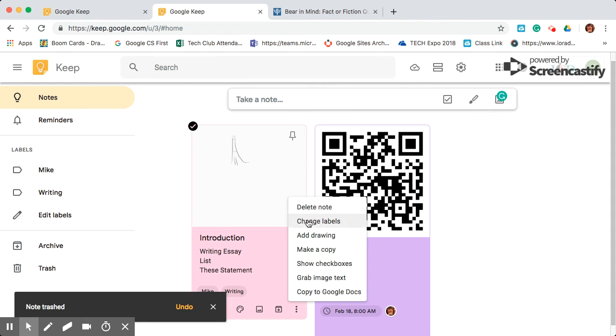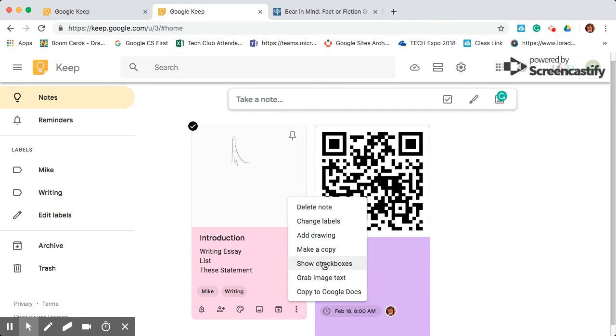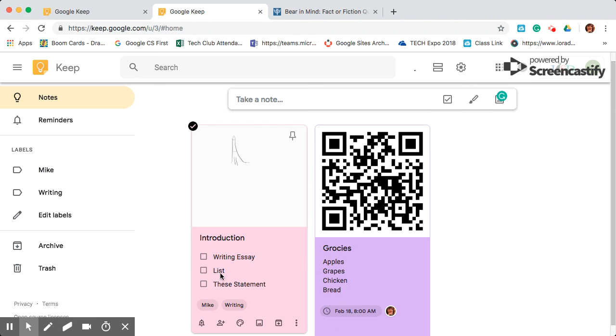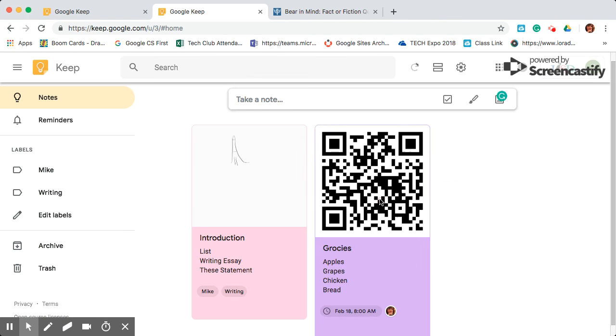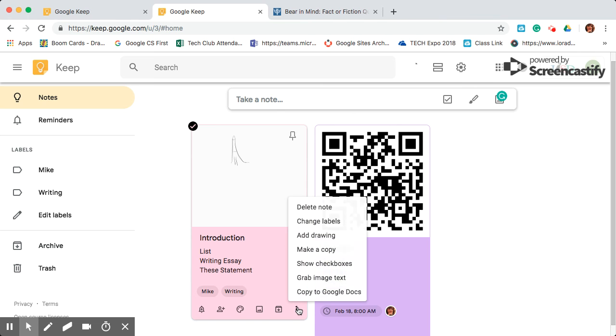Again, I'm going into the more buttons. We went to delete note. We changed labels and added labels. We added a drawing. We made copies. You can show them in text boxes. As you have done those text boxes, it kind of scratches them off though. So it's preference for you if you want to use text boxes, if you want to hide the text boxes, or not use that. It's up to you. And the other last two features that it has are grab image text